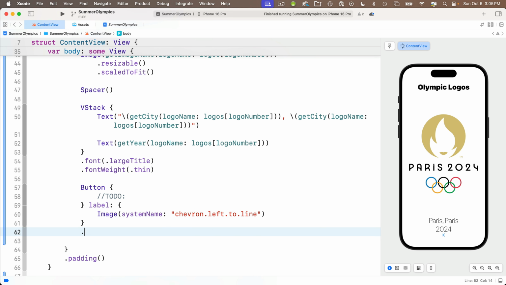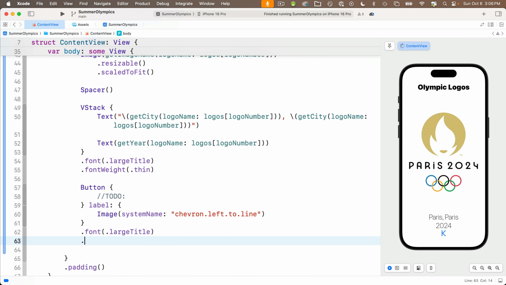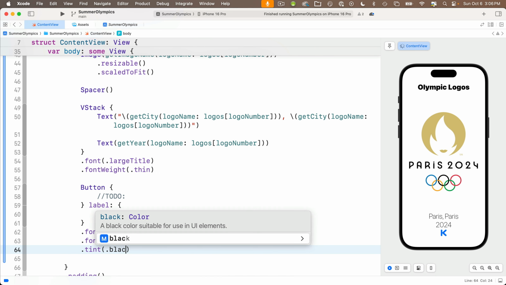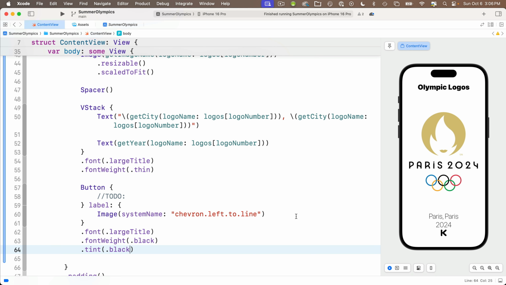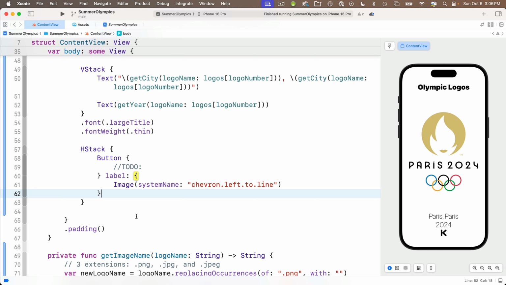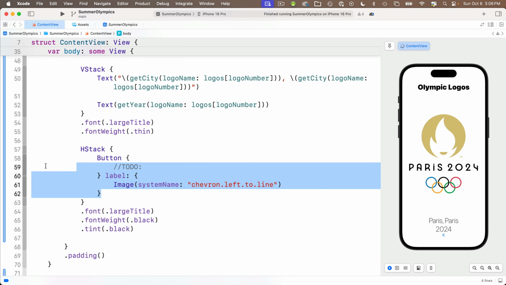Now we'll add our modifiers, .font, .largeTitle, .weight, .black. But to get this button black, we have to say .tint, .black. Then to add another button side by side with this one, I'm going to embed this button in an HStack. I'm going to first highlight and cut out these modifiers, paste them below the HStack, then copy and paste my